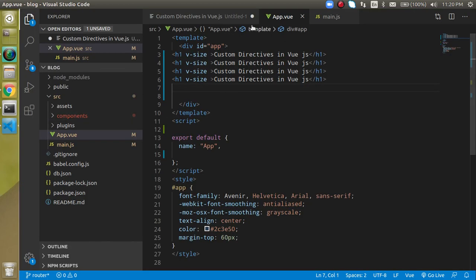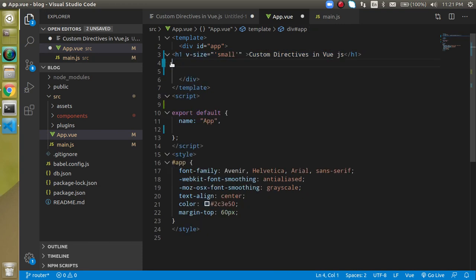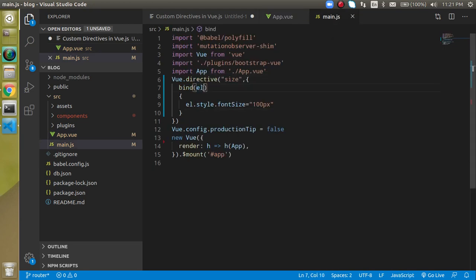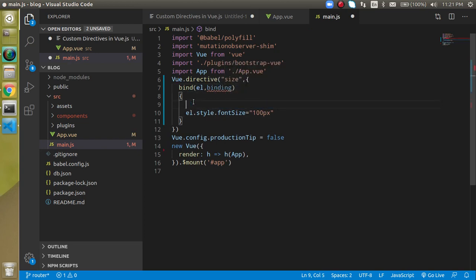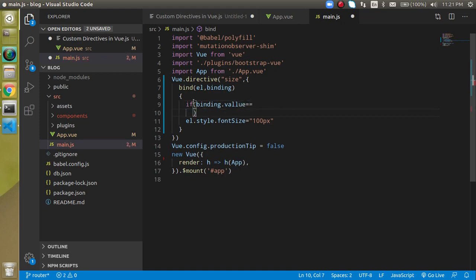All right, but this is the default value. I want to make some defined values. I want to make it small like this, or I want to make it medium and large and all. So for a moment I'm going to remove it, and now let's see how we can use this value here. Here I can use comma binding, right, and use here if binding.value equal small,